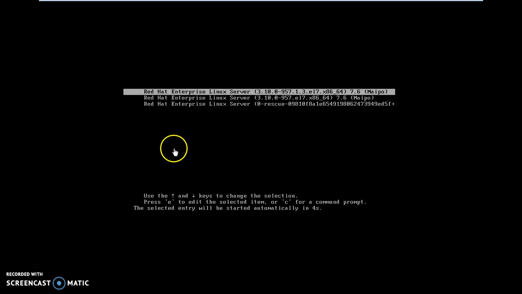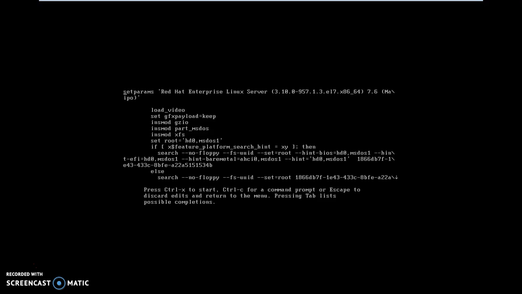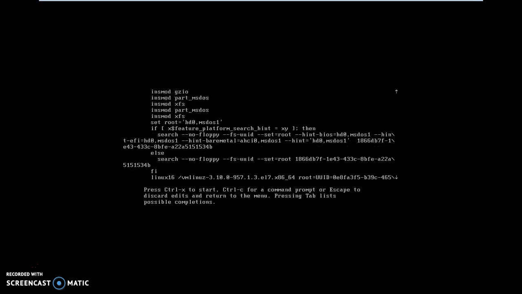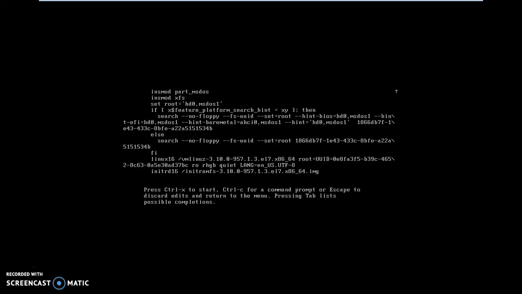I'm starting the VM. You can see here, take control by using cursor up and down, and then E for edit. As discussed, go to the Linux 16 line, which will be somewhere a little bit at the bottom. Go to the end of the line and add rd.break console=tty1. Once you complete this, press Ctrl X. It will go for a normal boot, which will take a few minutes.